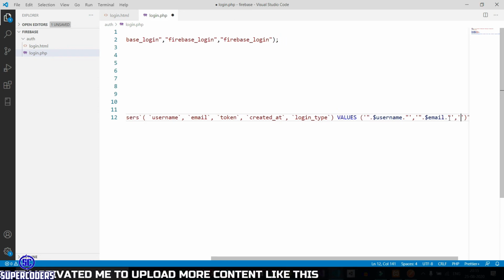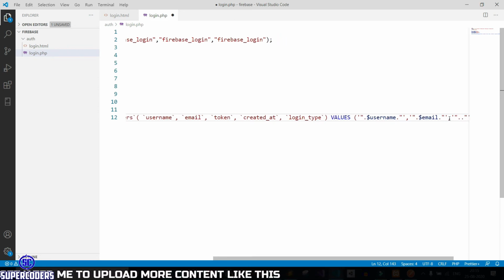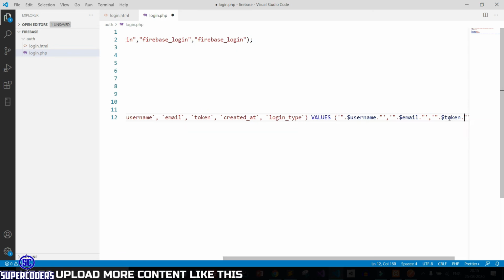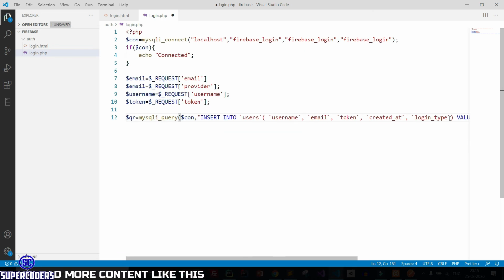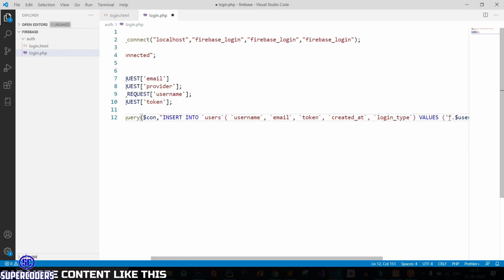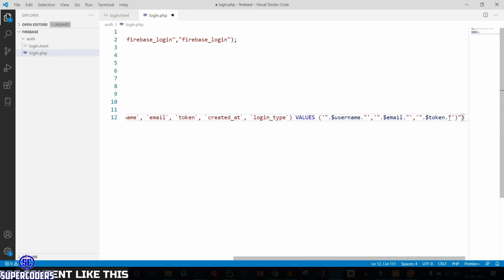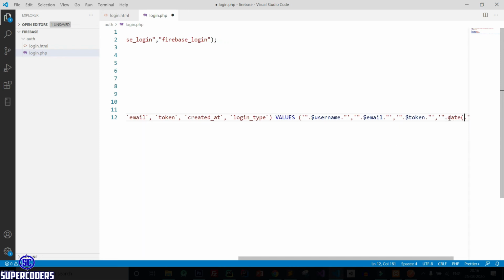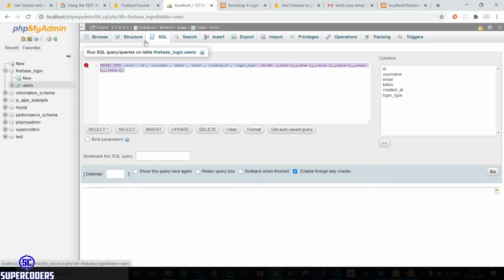After that $token. After that date. Let's see the date format.